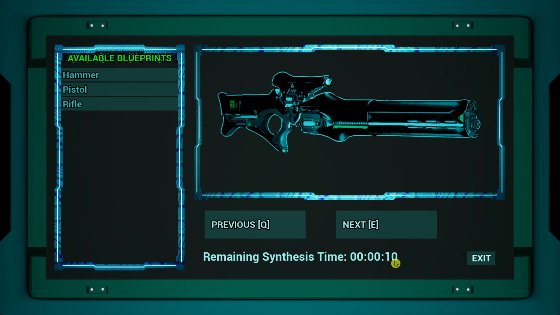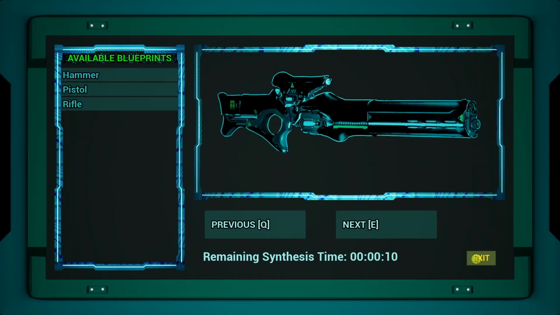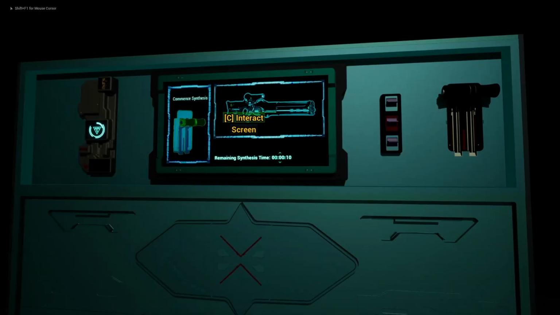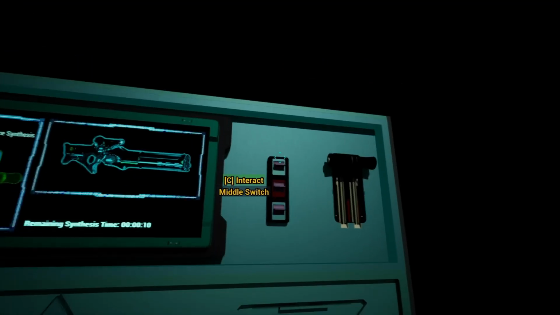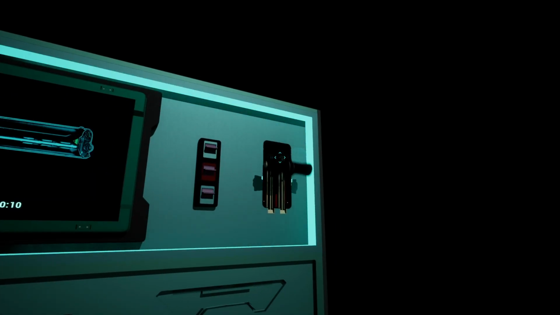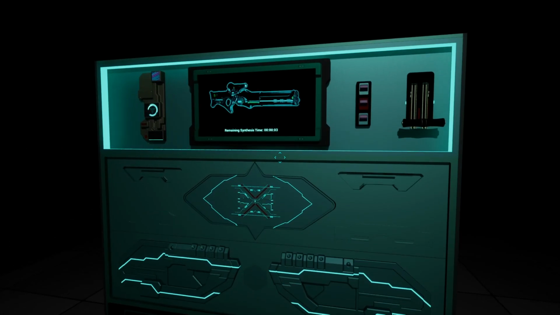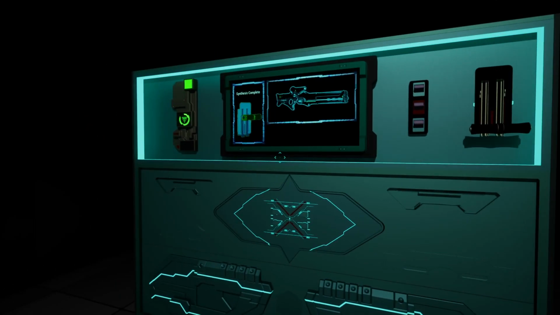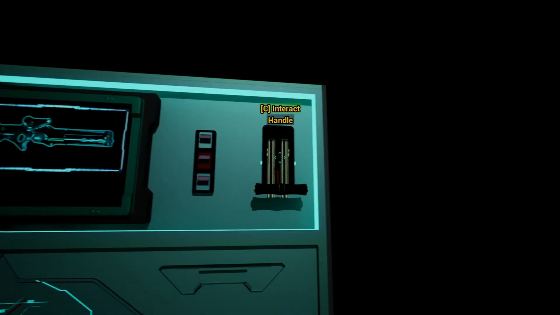For the rifle, I have included just a very short timer. So now you will get the handle animation. You can still go in and change to something else. For example, we will start with the rifle, and now suddenly the interaction for the handle is available. You could still switch off the screen. Some synthesis time. And now the synthesis is completed. So when you press the handle,